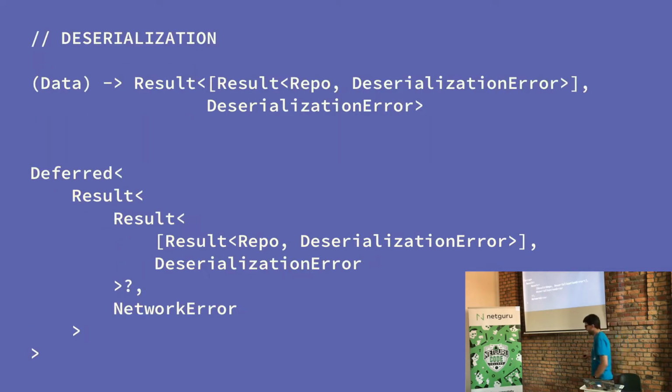But then you might be interested in maybe the whole structure of an API is okay, but maybe some particular part of this object is giving you some errors. Because, I mean, this is JSON, right? So the schema is like only the document somewhere and we should follow. So we can actually think that each one of those objects in this array of repos may also fail or not. So now we have just like a deferred in a result, and inside there's an array of also results that may also fail.